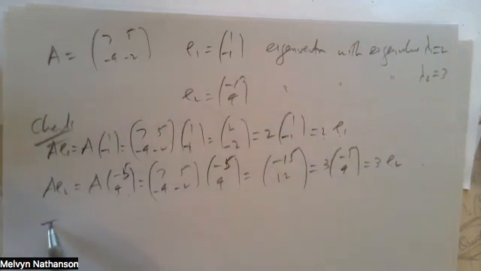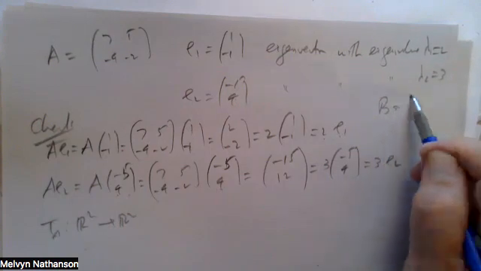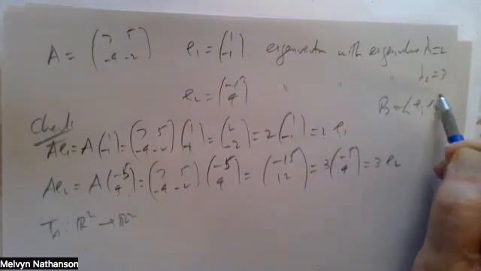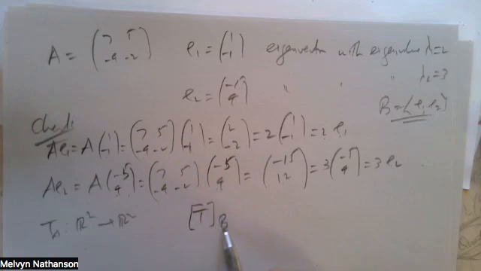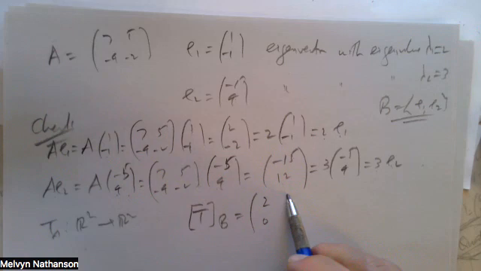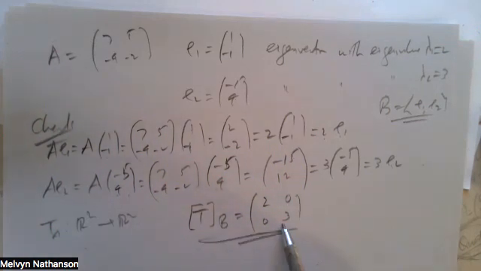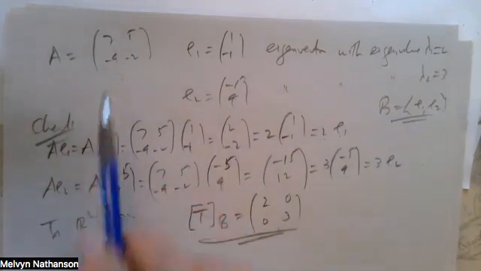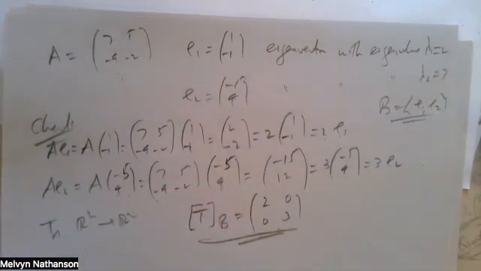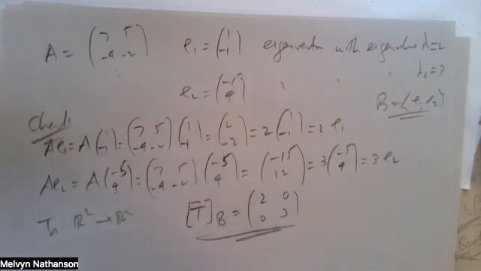So if T sub A is this linear transformation from R2 to R2, and I take this basis B consisting of these eigenvectors E1 and E2, the matrix for T with respect to the basis B is simply 2, 0, 0, 3. So this is the matrix with respect to this basis, which is much simpler than the matrix that we started with. And geometrically,